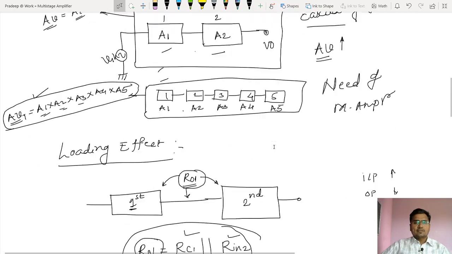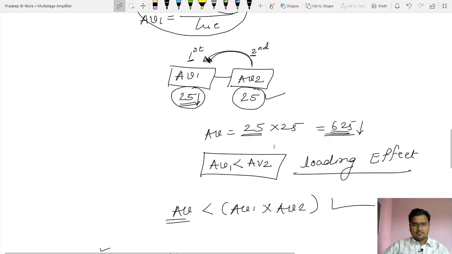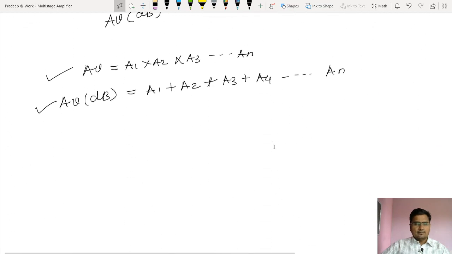In the last lecture we started with the need of a multi-stage amplifier, and then we concluded with how I can calculate the gain of that multi-stage amplifier. One thing is fixed: when more than one stage is there, we call it a multi-stage amplifier. So now let me draw those stages.